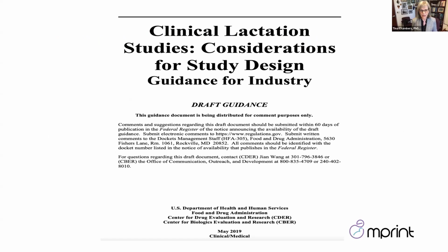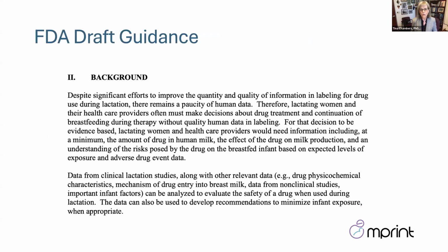I'm just pulling out some excerpts over the next few slides to go over in summary what was stated in this guidance. So, of course, the background is that there have been efforts to improve the quantity and quality of information in labeling for drug use during lactation. But when it comes down to it, you can't put something in the label if there aren't data to put in the label. So there has been more interest in recent years and an increase in the number of post-marketing commitments or requirements being issued by the FDA for new products or products with new indications